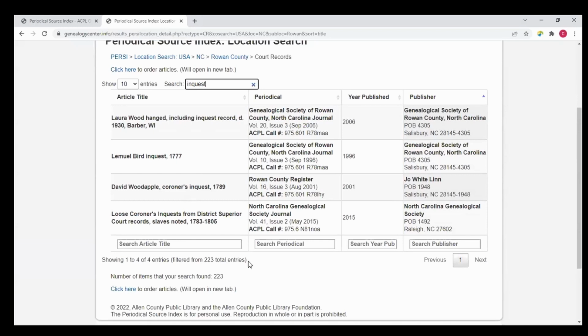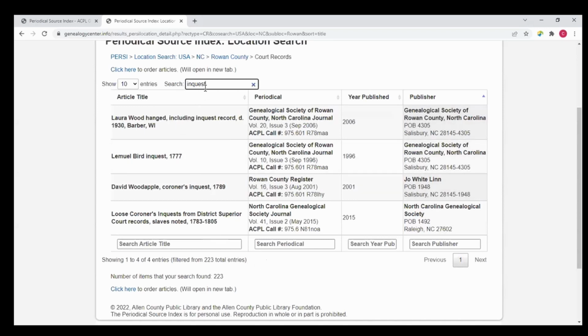Please remember that there may be some information about a particular inquest or a series of inquests relating to a crime, a natural disaster, some unnatural deaths. But if it's not in the title, it may not get picked up because we're just trying to categorize the titles by the subjects that they cover.